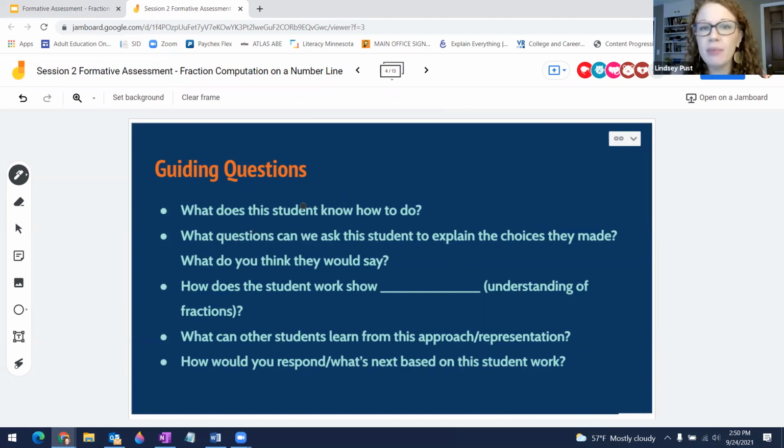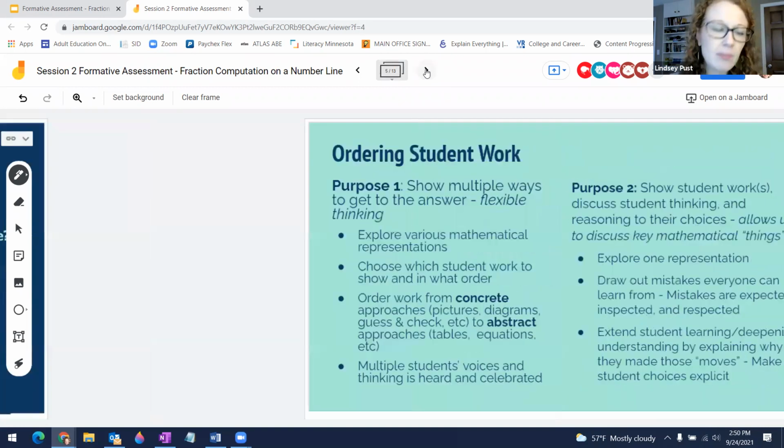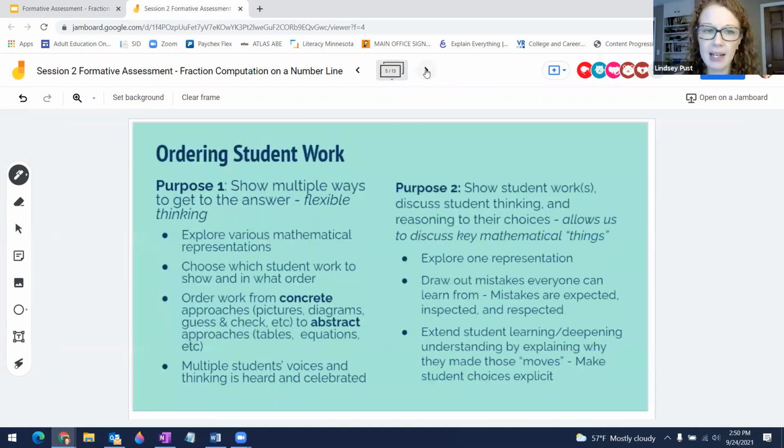But these are really general questions that we can use for any kind of student work that we're looking at. So that is here just in another way, but we already looked at these questions. The other thing that we wanted to talk about today is